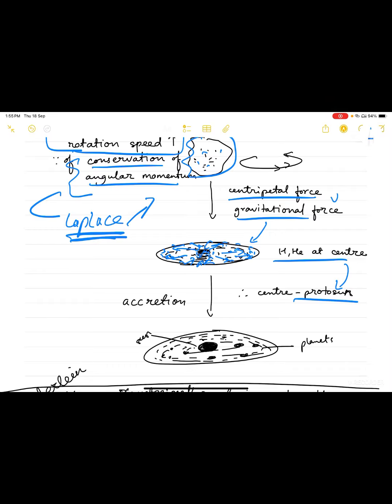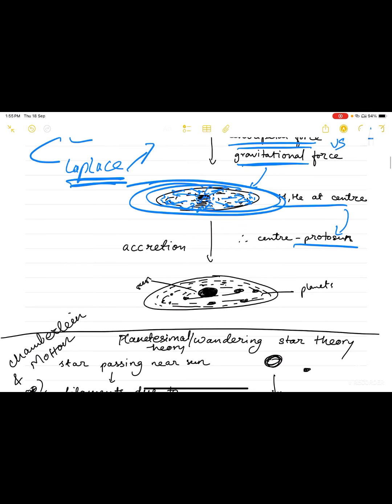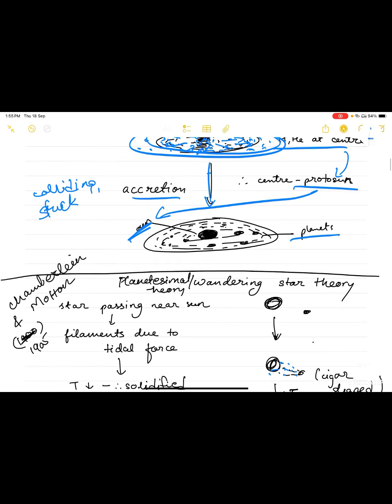As centripetal force and gravitational force were working against each other, the cloud was converted into a disk shape. The particles were undergoing accretion, colliding, undergoing cohesion, and staying stuck with each other. They started forming planets, and our protosun eventually formed the sun. This is the nebular hypothesis as was